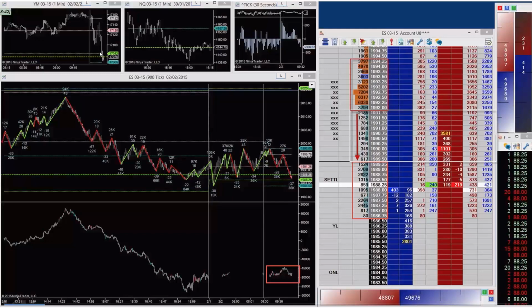If we look at the Dow, we can also see the Dow's moving down. If we look at the NASDAQ, well, that chart stuck for some reason on yesterday afternoon. I have no idea what happened there, but we kind of have to live with that because this is a slideshow from a recording of February the 3rd. We can see the ticks slightly negative. We can see the deltas starting to move down, but we are at yesterday's low,